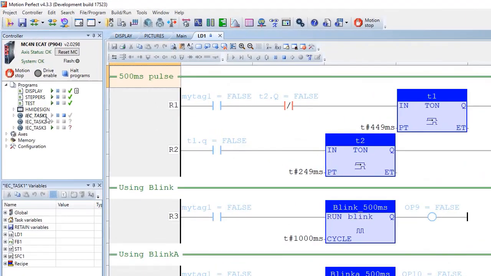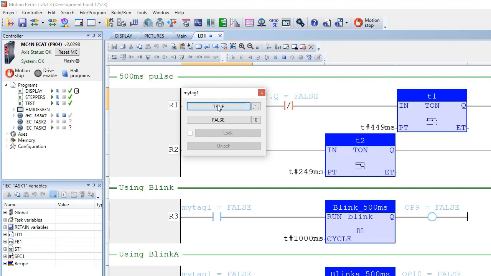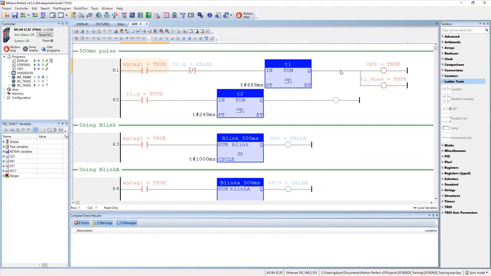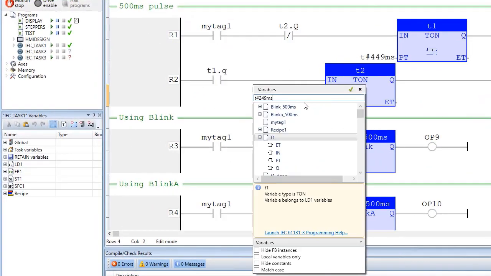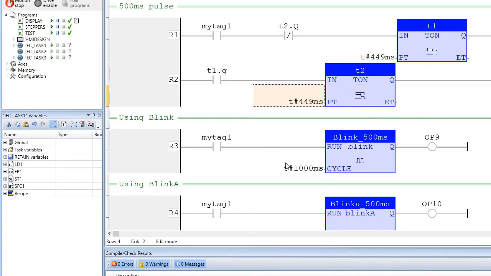So we have that, and then I've pressed play. If I want to activate that, this is a tag, a variable, which is currently false. So I just double click it and say, okay, what value do you want? I want it to be true. So now you see it's flashing now, isn't it? Yeah. So you're flashing output 8. Sorry, this is a different time on and off. This should be 449. This is all in the controller, not in